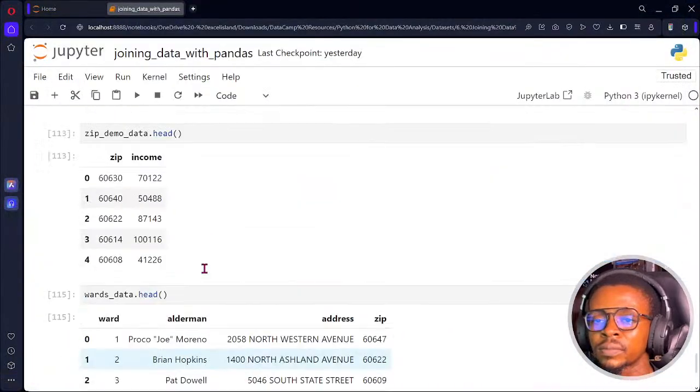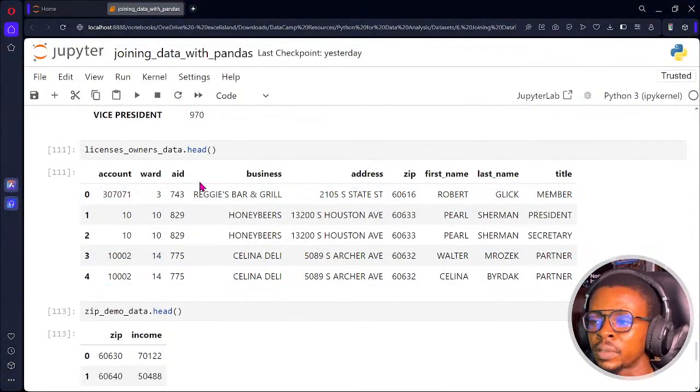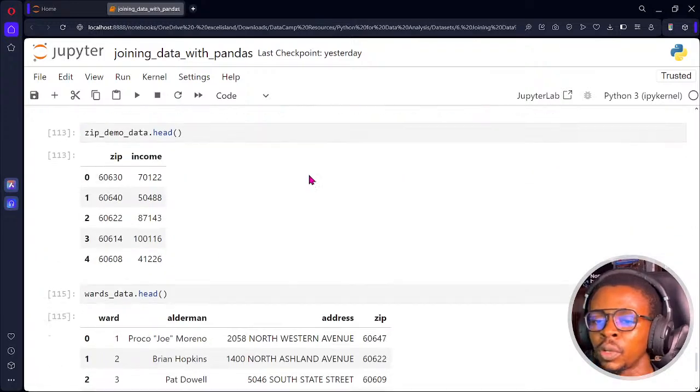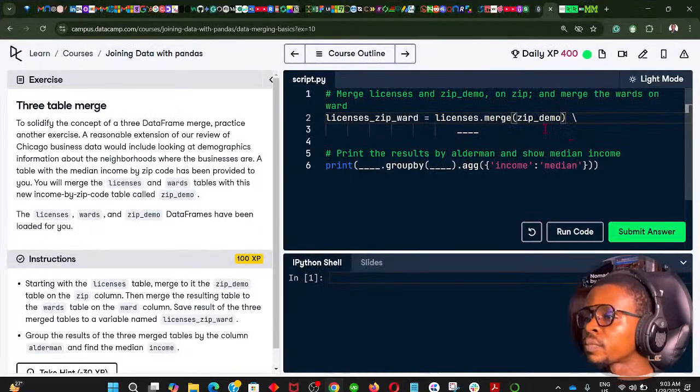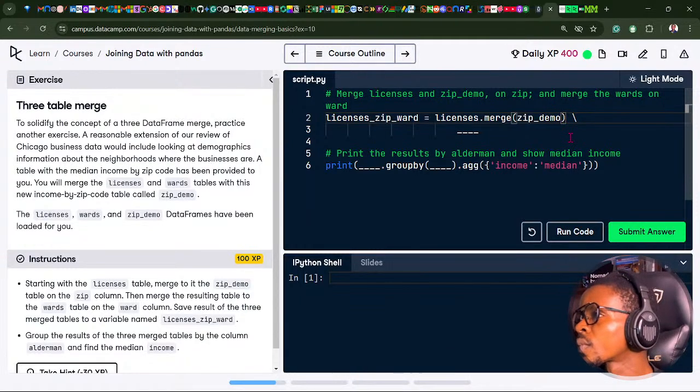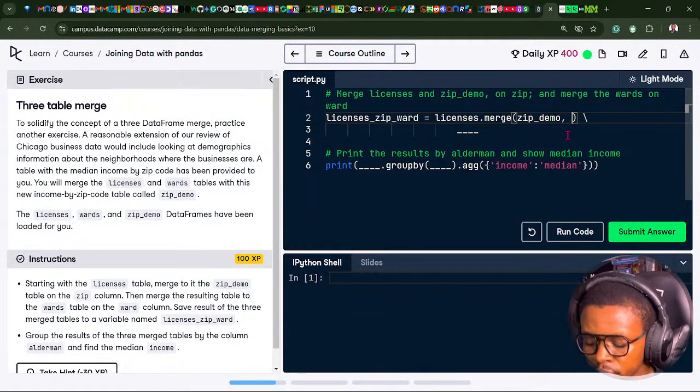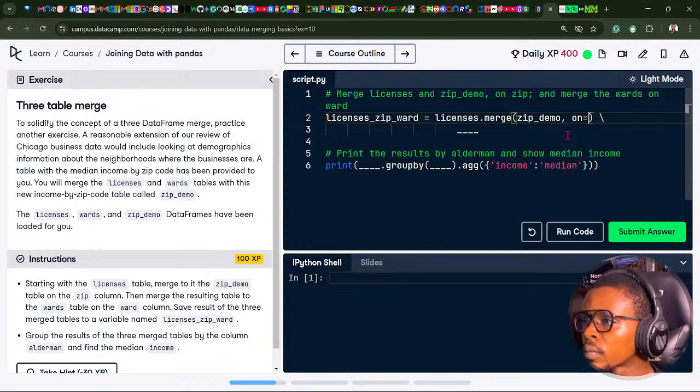Let's see. License and zip. So there's a zip column. You can see zip column, zip column. So on zip, that should be comma on zip, then followed by